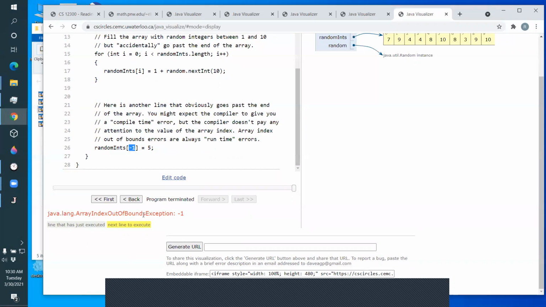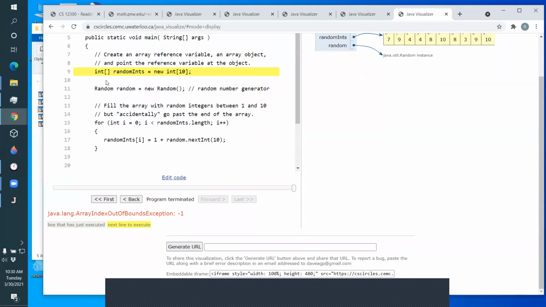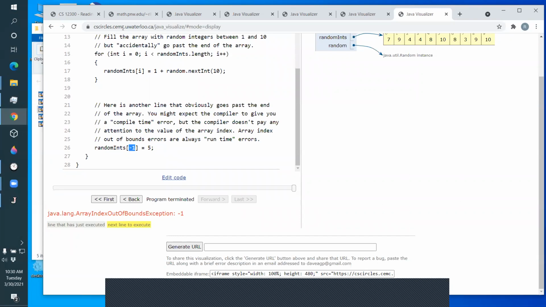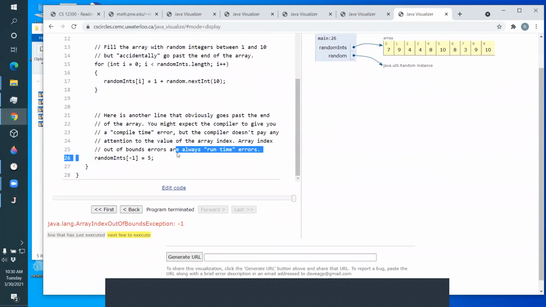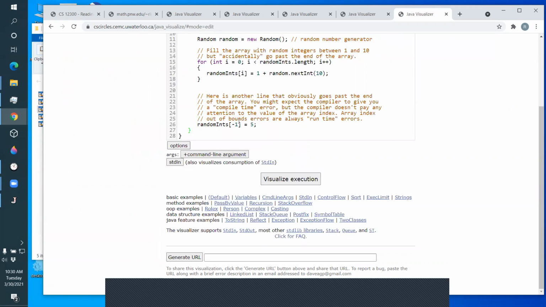Okay? So when I tried to run the program, I just hit the last button so it would go all the way up to the end. So it filled in the array with the random numbers. Then it got to line 26 and it blew up. There is no negative index. Okay. All right. So the indices are from